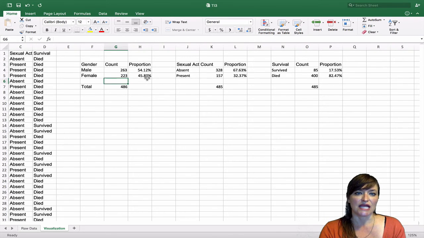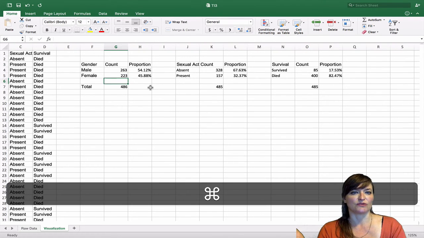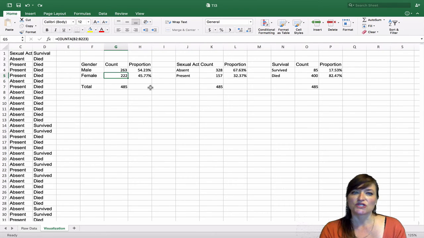And that has changed that proportion. Let me undo that so that we can see that change. So it changed the total, and it changed the proportion of males and females, because those formulas are all dynamically updating. When you want your data to be fixed and no longer dynamically updating, you can use another aspect of that paste special. Let's have a look.